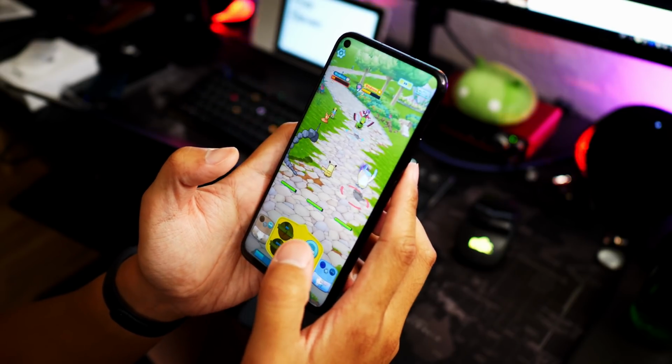I've been really enjoying just playing these games on the regular, so the Honor 20 Pro falls in line with all of the other top-of-the-line flagship phones that we're seeing these days. It has good performance, it actually has good handling, which is a pretty nice thing to see on a big phone like this. And on top of all of that, it just has a nice experience on the daily